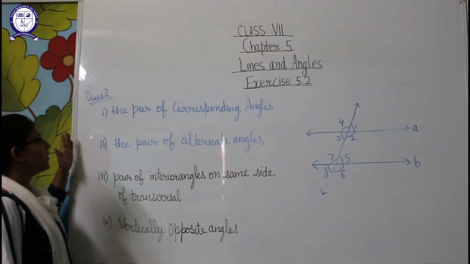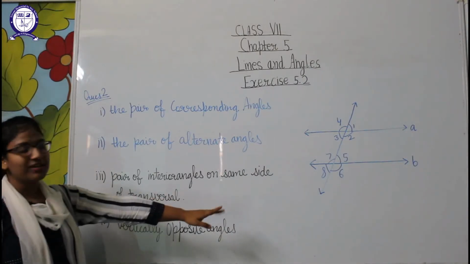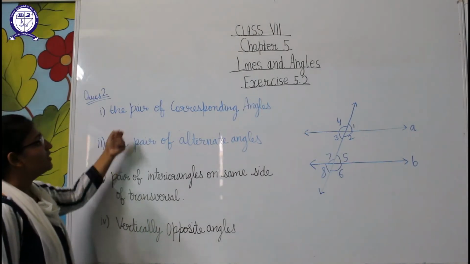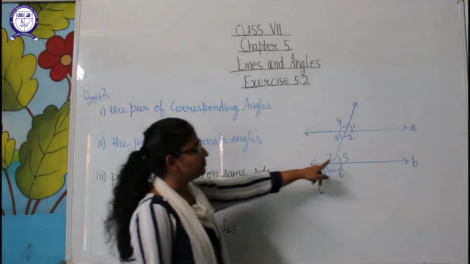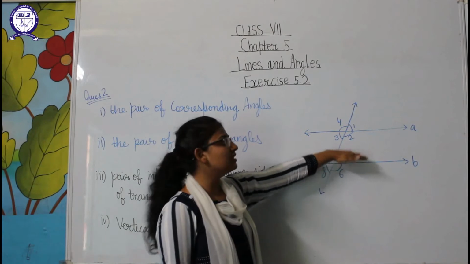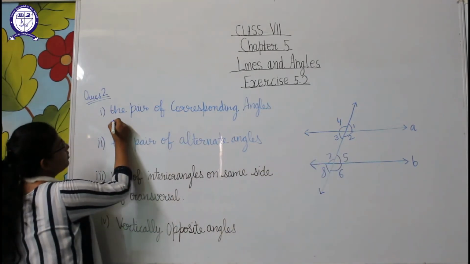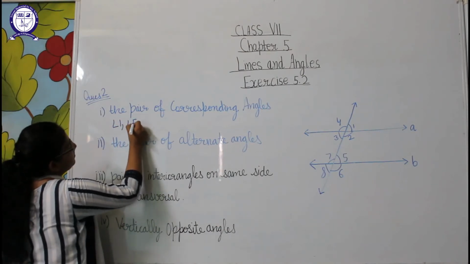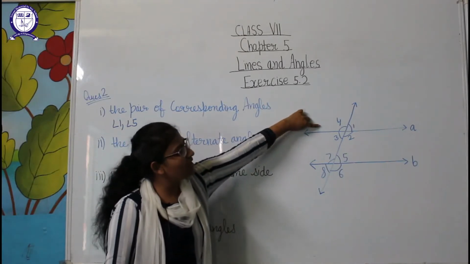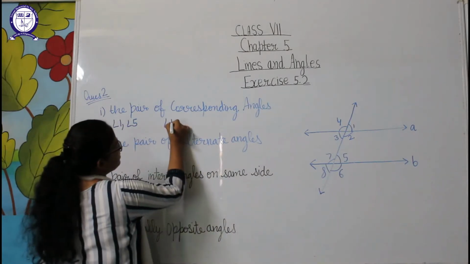Okay students, now our second question is we have to identify about these angles, and this figure is given to you. Now first part is the pair of corresponding angles. What are pair of corresponding angles here? Angle 1 and angle 5, because they are on the upper part of the parallel lines. So angle 1 and angle 5 are pair of corresponding angle here. Next pair is, if we talk about angle 4, then what is its corresponding angle? Angle 7. So angle 4 and angle 7 are the corresponding pairs.